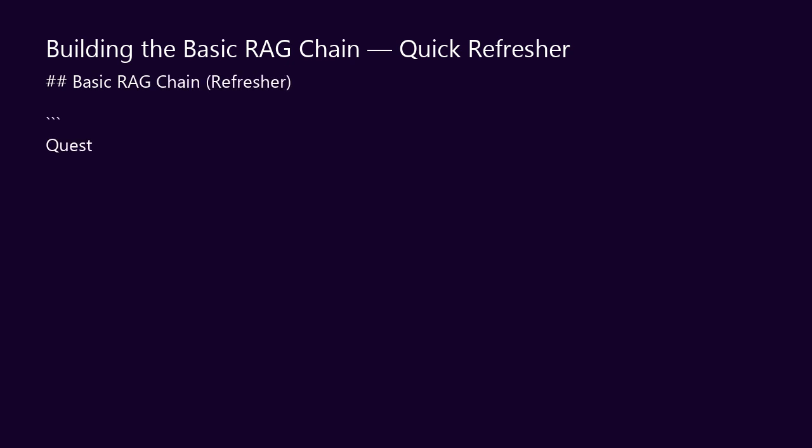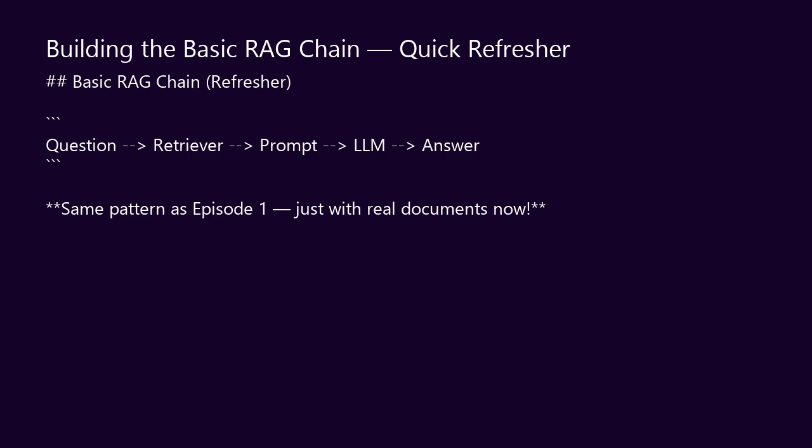Let me quickly build the standard RAG chain, same pattern as episode 1, so we have a baseline to compare with the conversational version. Retriever fetches the top 3 chunks. Prompt tells the language model to answer only from context. Parser extracts clean text. Quick test to make sure everything works before we add memory.